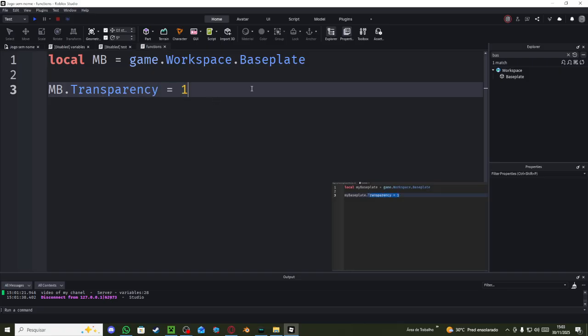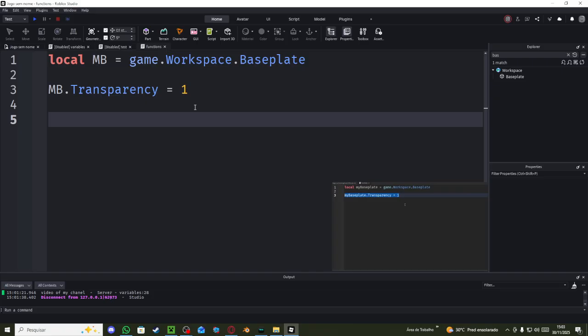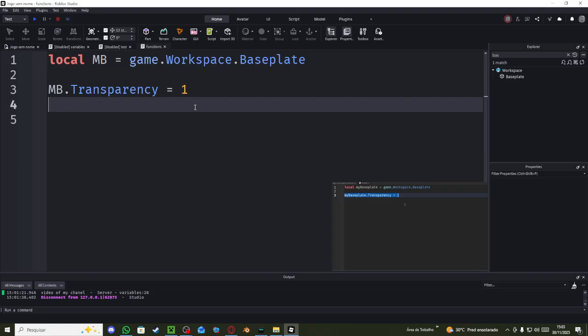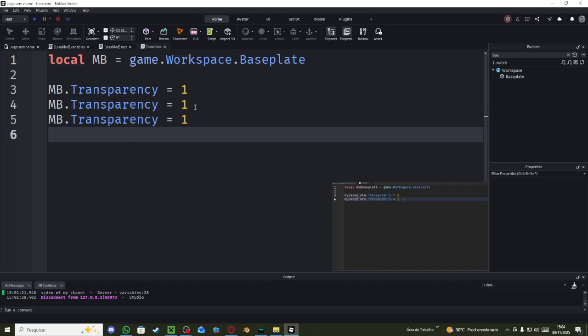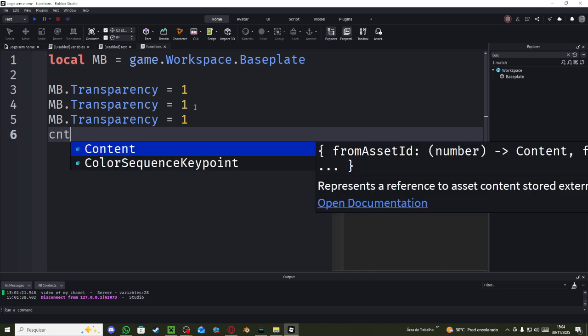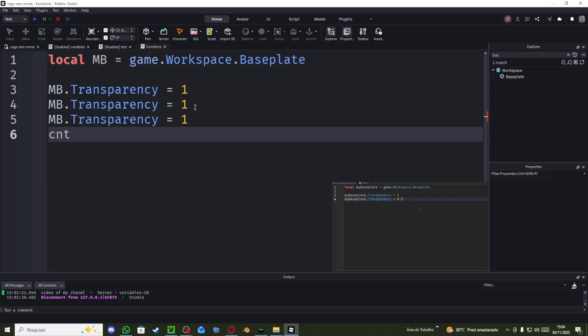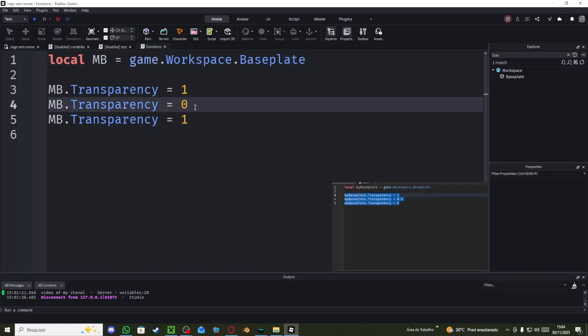Now if I wanted to copy this and paste it 2 more times, then what I'm going to do is select this line, and we can actually copy it by right-clicking and then hitting copy. Now as a shortcut, we can hold down Control and then C for cat, and then we drop a line down here, and paste it by holding down Control and typing V for violin. Then we can replace this with 0.5, and we can drop one more line, hit Control V, and then paste this to be 0. So these are the 3 lines of code that we have over here.